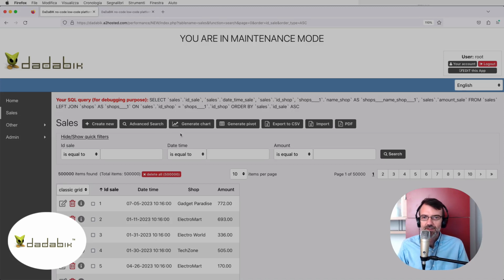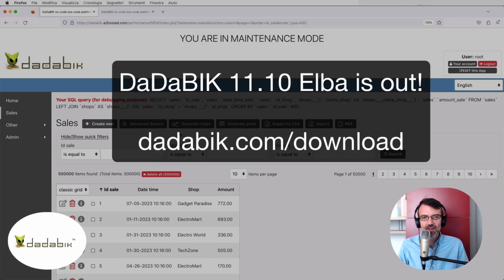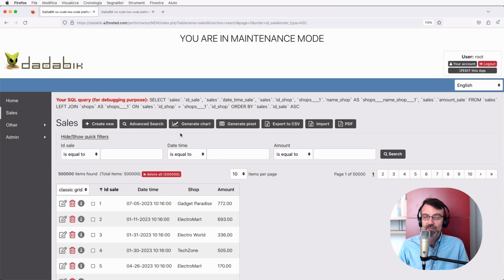Hi guys, so a new version of DaDaBIK is out, DaDaBIK 11.10 Elba. This release was unexpected, but during the last days I worked a lot on the DaDaBIK engine,